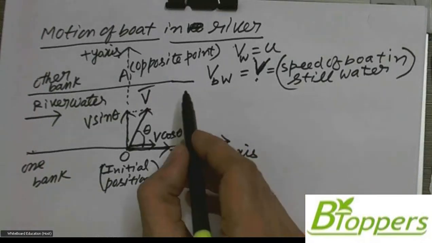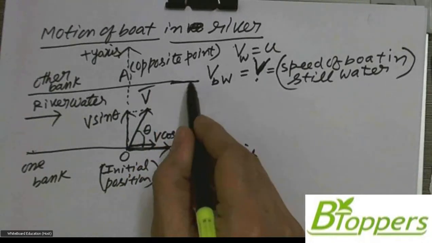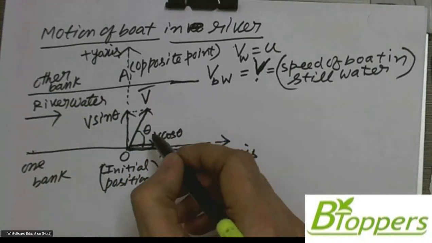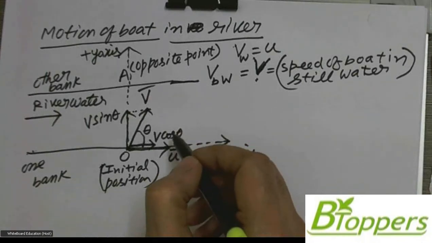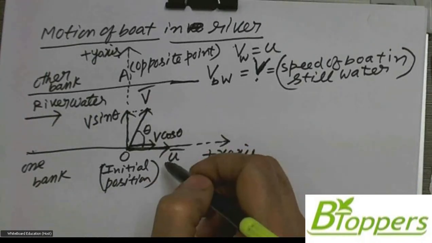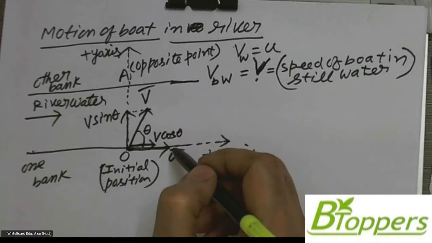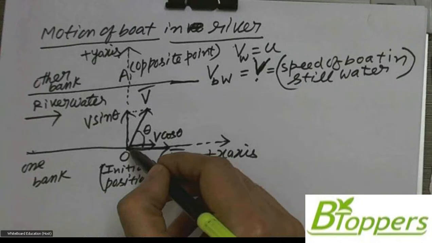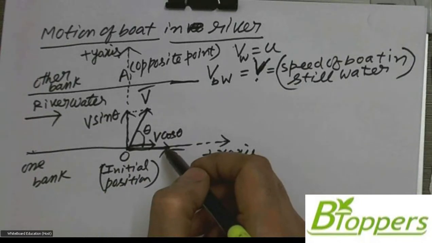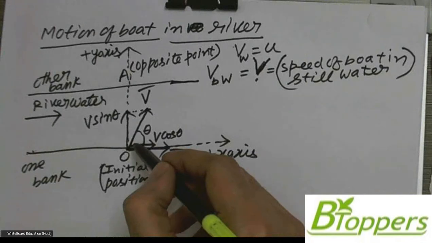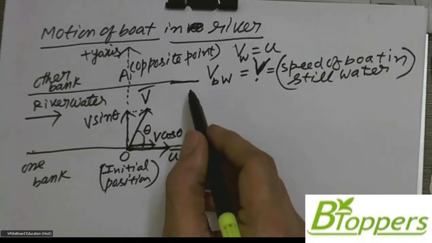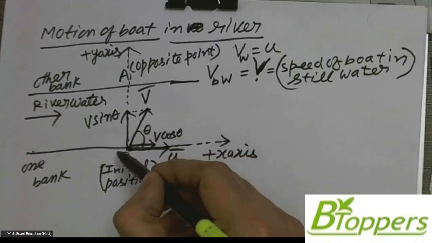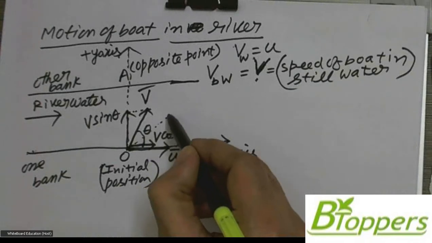The boat moves in the direction of the resultant of V bar and U bar. So if you complete the parallelogram by representing the two vectors V bar and U bar along the adjacent sides of the parallelogram, such that the tail of V bar is attached to the tail of U bar, the diagonal of the parallelogram passing through their point of intersection represents the resultant velocity.